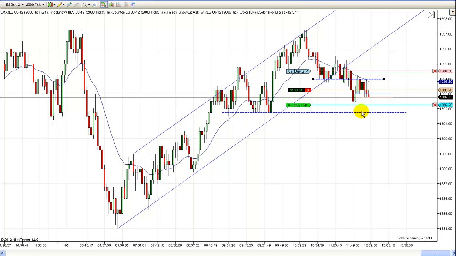I really feel fairly confident that we're coming down here, and it's just taking its own sweet time. There's just not a lot of volume going on. You can see the ticks. Watch how slow they're moving. The market's just kind of right now